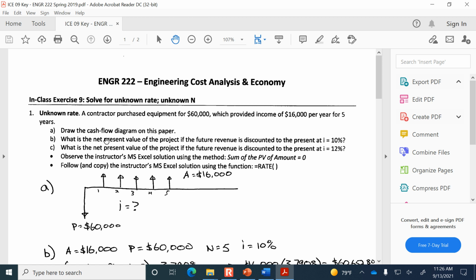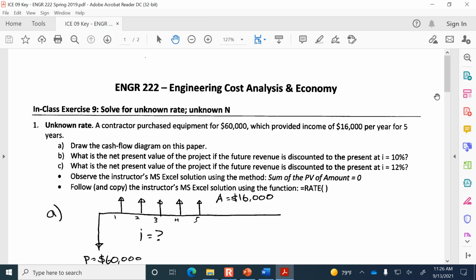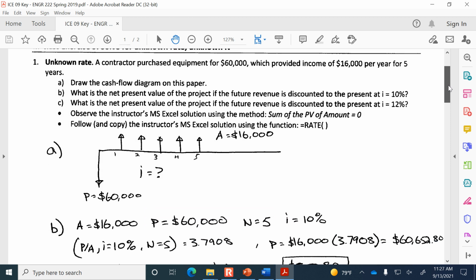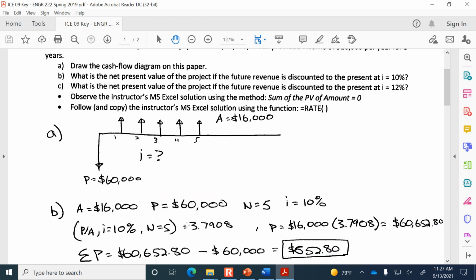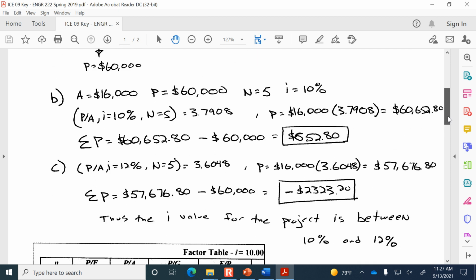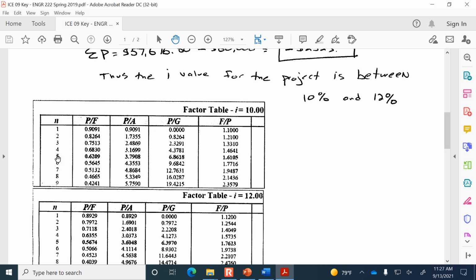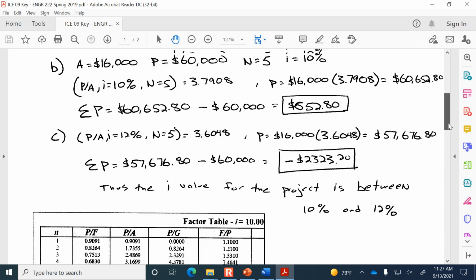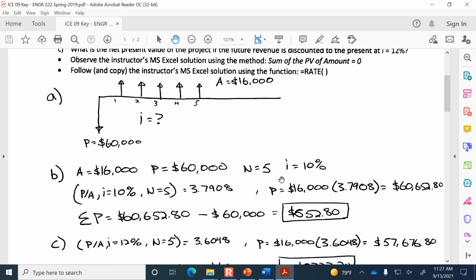All right, find the net present value. That means what's the present value of the inflows and the outflows. That's what it means by net present value. So what we do is we go to the table and find the P/A factor for the 10% table and n equals 5. So here's the 10% table, n equals 5, and P/A is 3.7908. So with that factor, 3.7908, multiply it by 16,000, and that's,